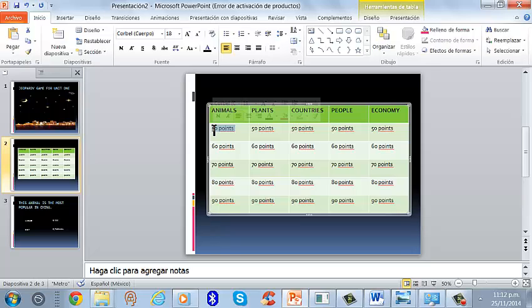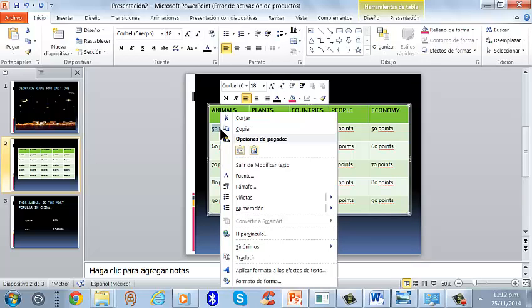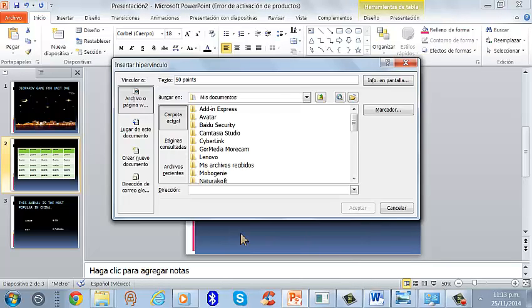Okay, so let's select it, and we have to right click. Okay, right click, and we have to select hyperlink. We select it, and if you see, we have another screen, another box, and we have our document in here, but we have options in here. We have to click on "Lugar de este documento",